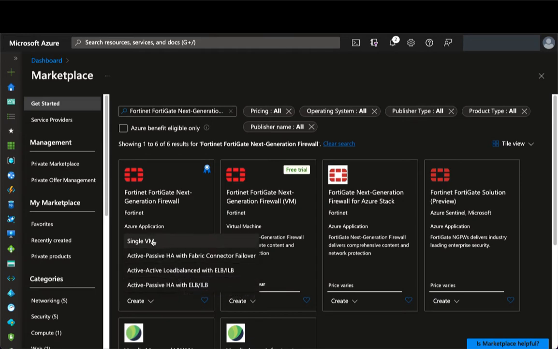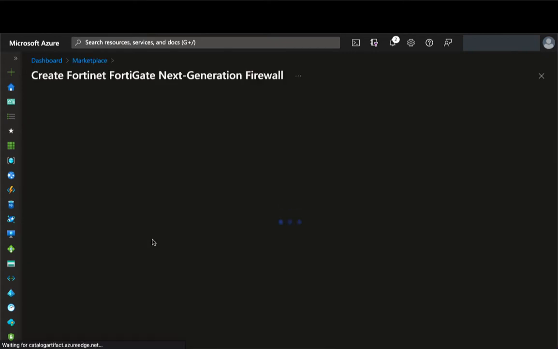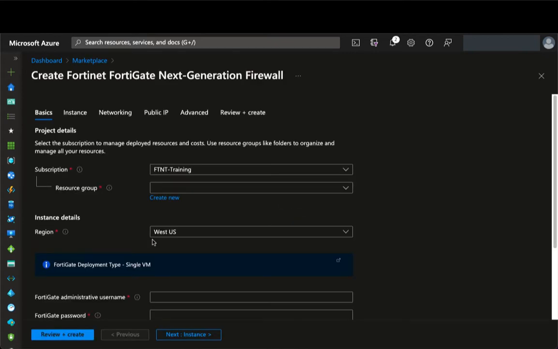To install a standalone FortiGate, select Single from the drop-down menu of the Fortinet FortiGate Next Generation Firewall Azure application. The Azure application is the best choice because it creates all the required Azure resources for a successful FortiGate Next Generation Firewall deployment. For example, the virtual network and subnets, public IPs, route tables, network security groups, and network security